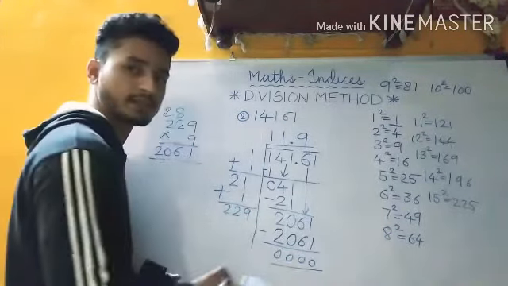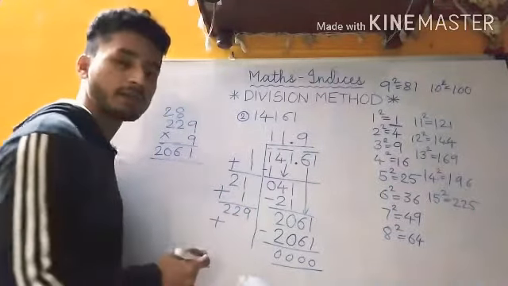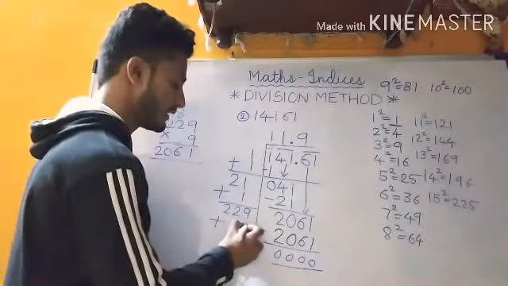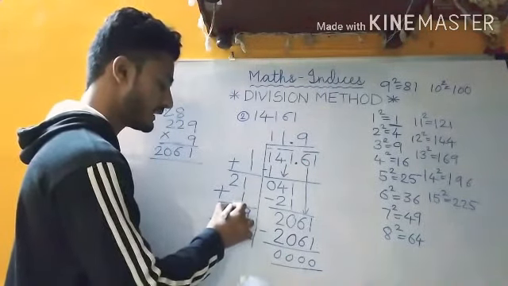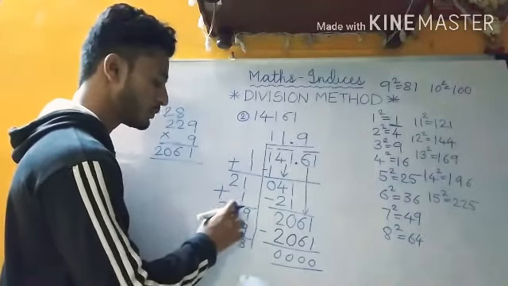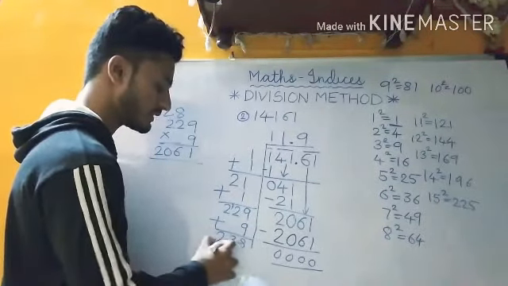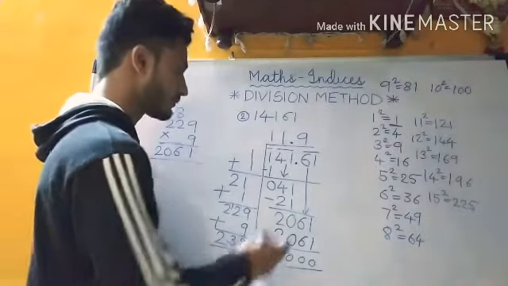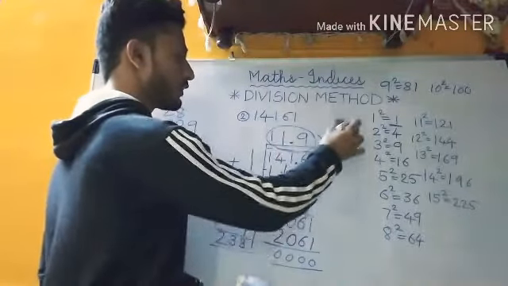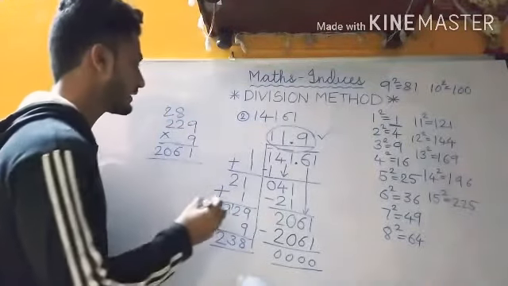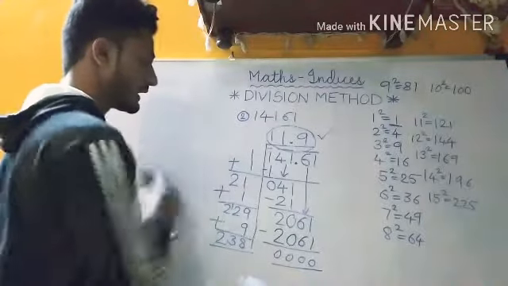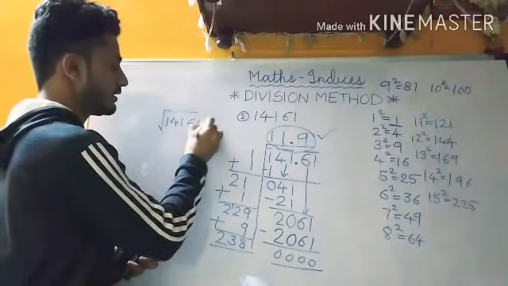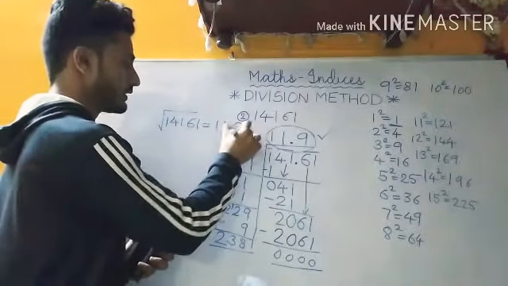Now here we are going to subtract and I get 0 as the answer. And here what am I going to add? I'm going to add the number which is at the units place. So I am going to add 9. So 9 plus 9 is 18. 1 carry. So it will be 2 plus 1, 3, and 2 as it is. So 238. So 11.9 is your final answer. How will you write it? Therefore, root of 141.61 is equal to 11.9.